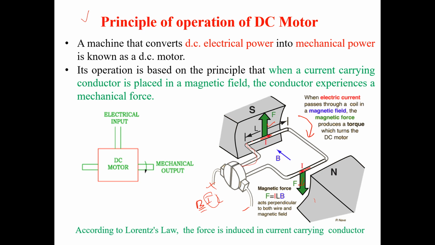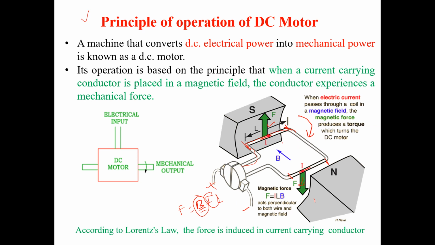You will not count the length from here to here; you will count only the length which is under the influence of the magnetic field. This is only the physical length which is in influence with this magnetic field, because it is a product of BIL or ILB. So this will be our magnetic principle, our working.